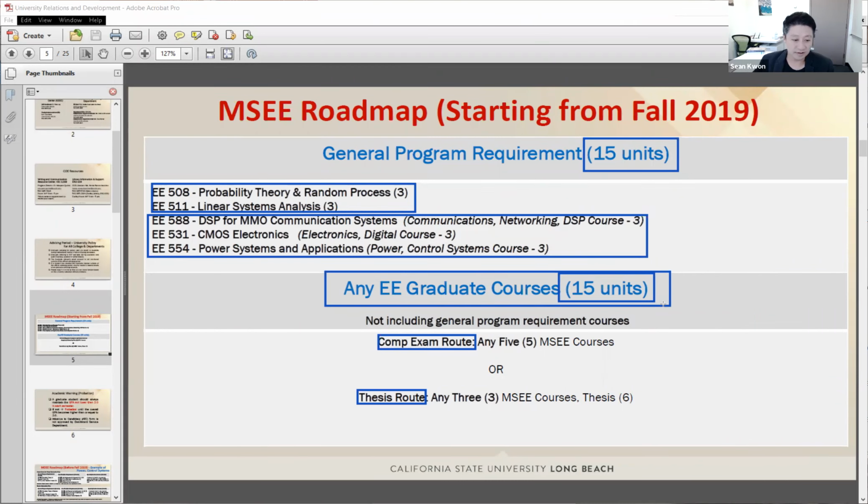On the other hand, if you choose the MS thesis route, you need to take not 5, but 3 classes. And for the remaining 2 classes, like 6 units, the student needs to take the MS thesis class, which is EE 698. It requires some discussion with your thesis advisor, not graduate advisor.